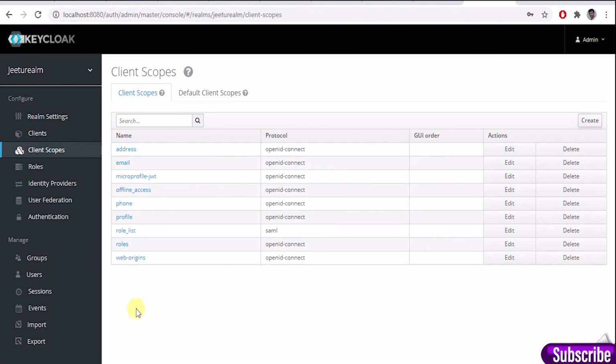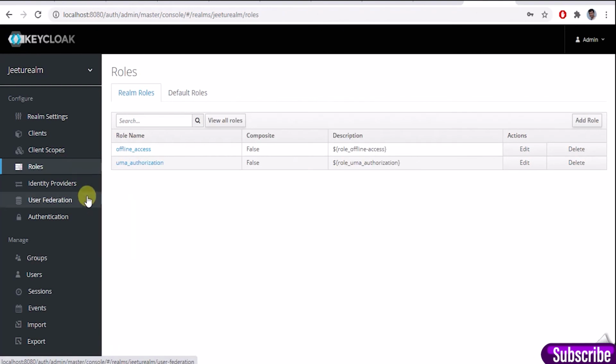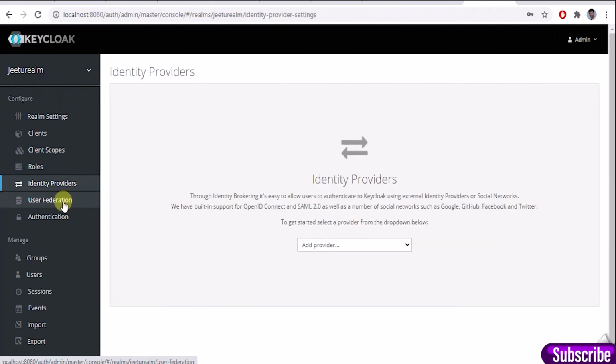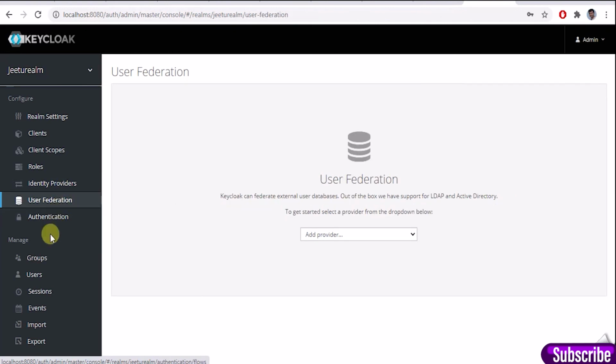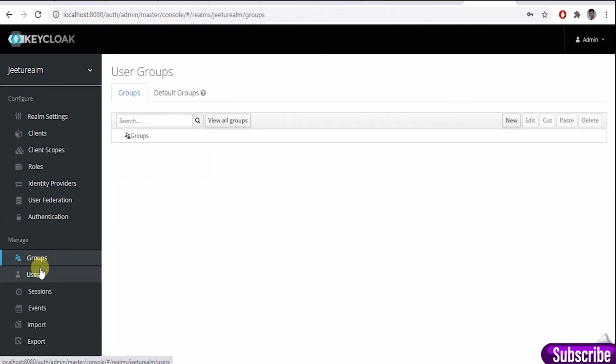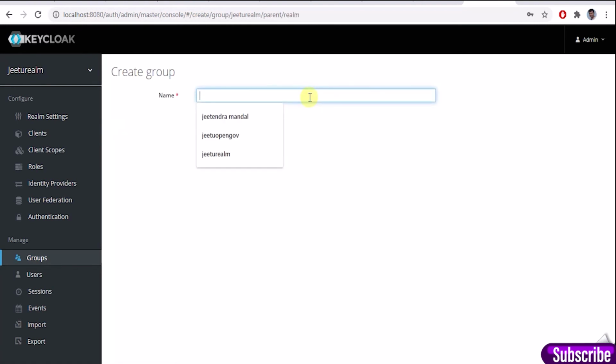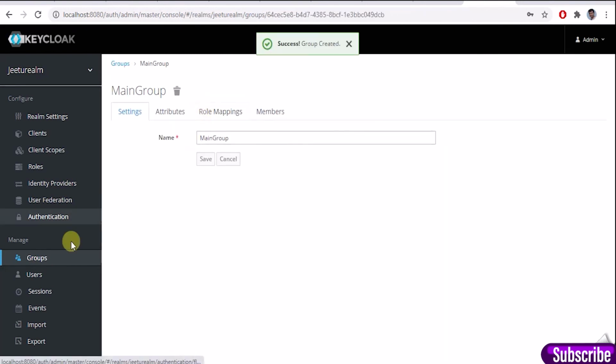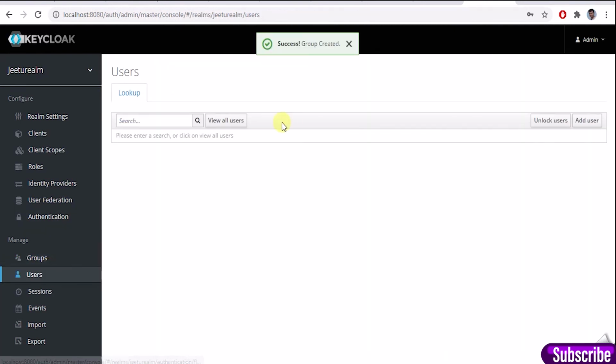We can provide scope of the client. We can either increase or reduce the scopes. Then we can define the roles for the different users and the clients. It provides identity providers. User federation is also provided. Now you can group the users by creating groups. And you can create the users as well here.